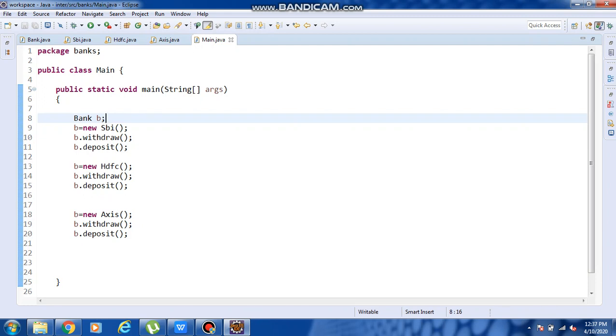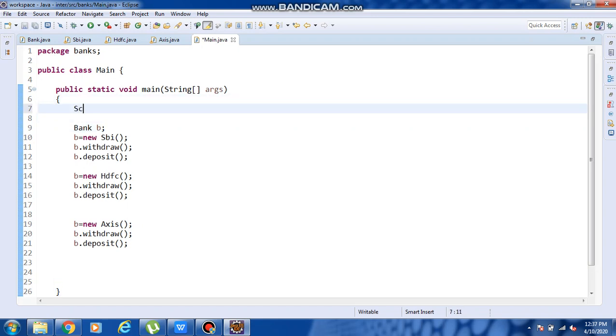If you want to mention perfectly which is the SBI account and which is the HDFC account, we have to use the Scanner.